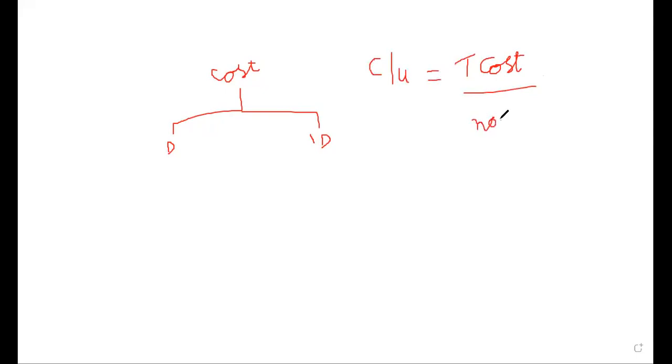Now, what is total cost? If the costs are identified with the product, then we charge them. They are direct cost. But if they are not identified with the product, then some basis of apportionment is taken, and then those costs also